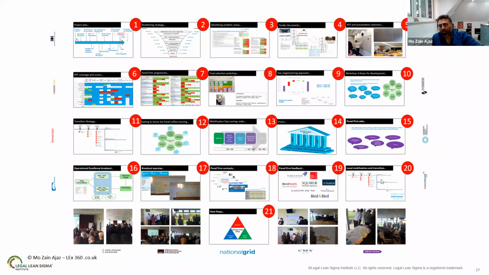You don't just put a panel together and it be successful. You've got to create conditions for collaboration. You've got to create conditions for improvement. So we split the tasks that we wanted the teams to work on, which is item number 12. So we wanted some of our law firms to work on technology, some to work on value adds, pricing, some on golden rules. So we had 6 projects and we allocated them to the law firms.